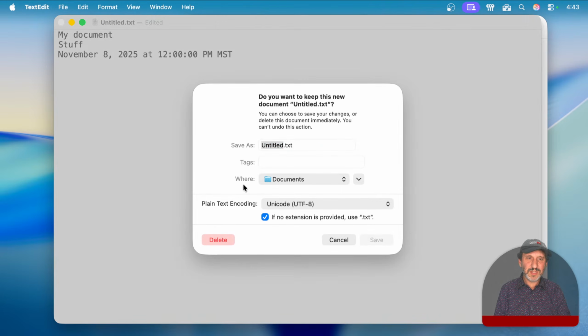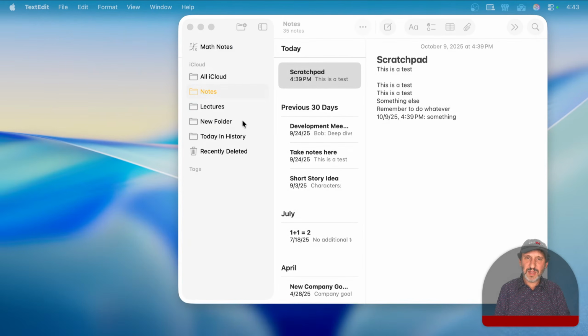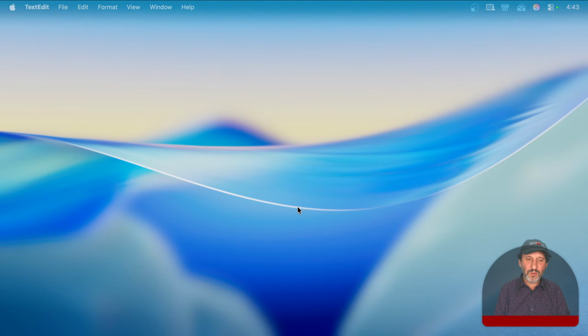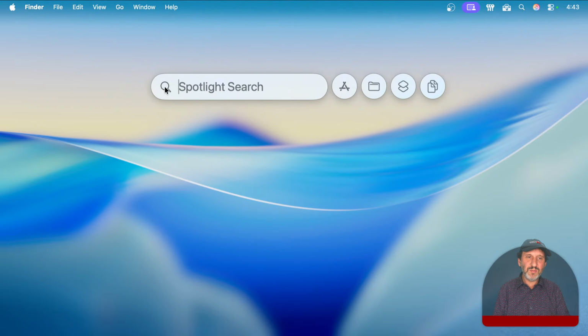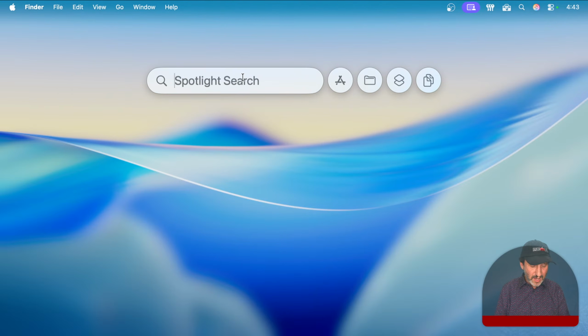We can close this. We don't need this text edit thing anymore. We don't need notes open anymore. I can do Spotlight search. Let's move that back here to the middle. And I could say